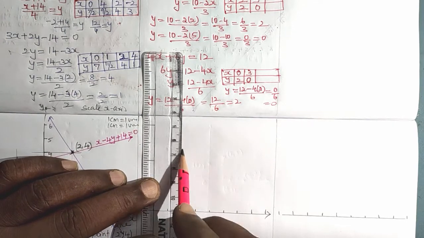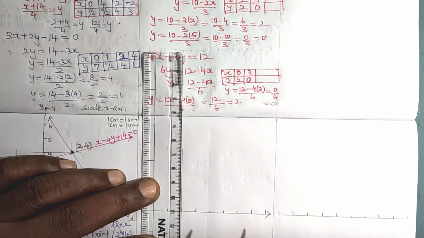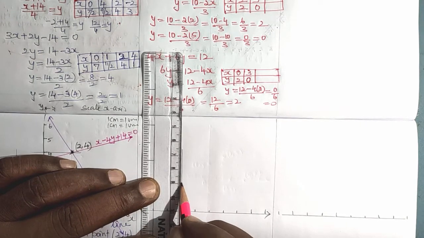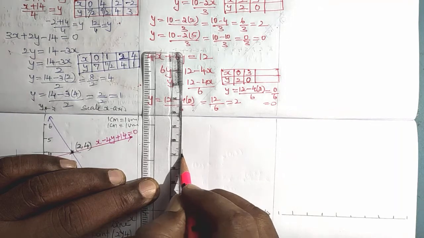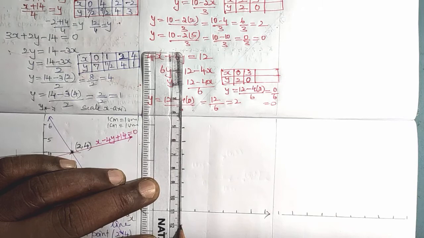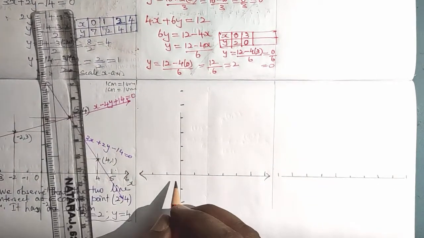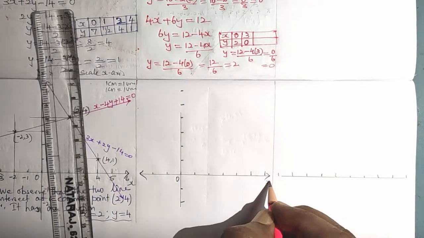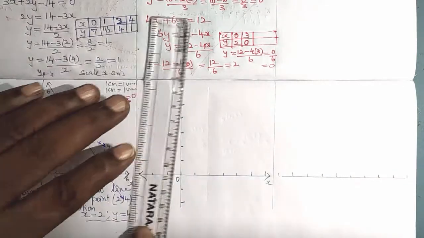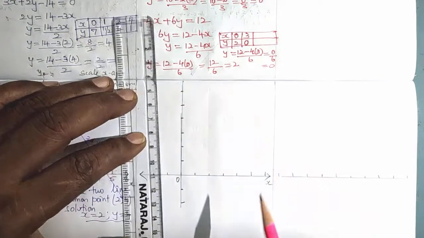So this is my y-axis. In the y-axis this is 1, 2, 3, 4, 5, 6. Here let me take 1, 2 are sufficient for me in this graph. So you see this is the origin. This is my x-axis and this is the y-axis. If I want, I will extend this one.